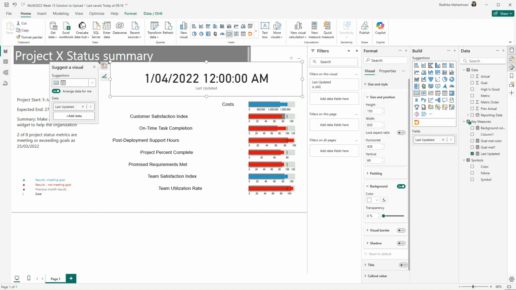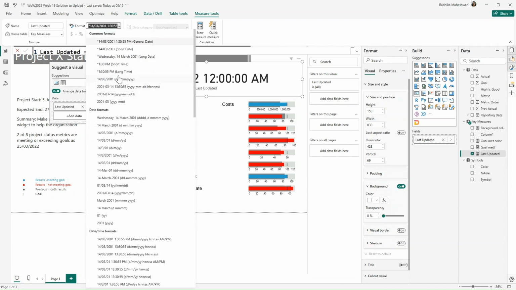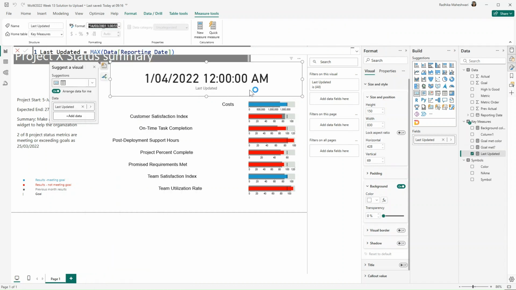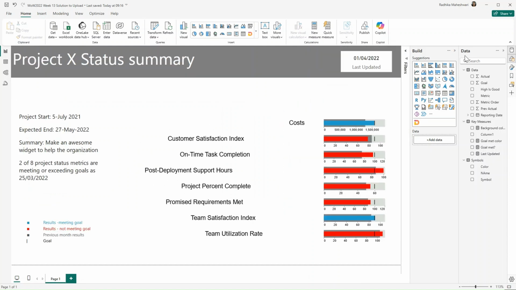So, and we don't want the time, so we can just change this to date. So this is how the final visual will look like.